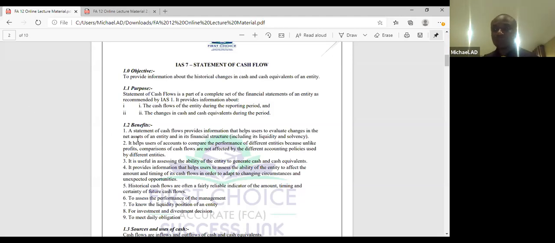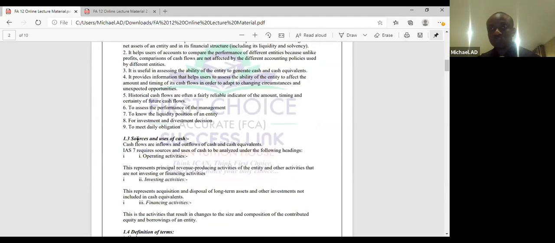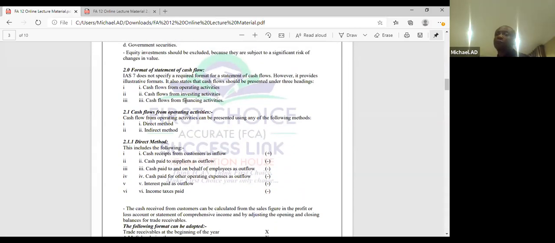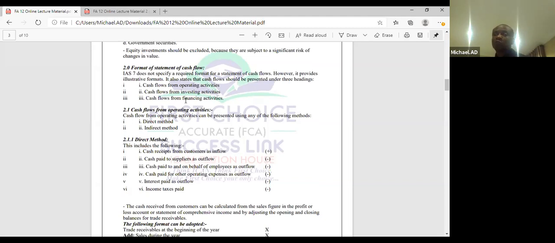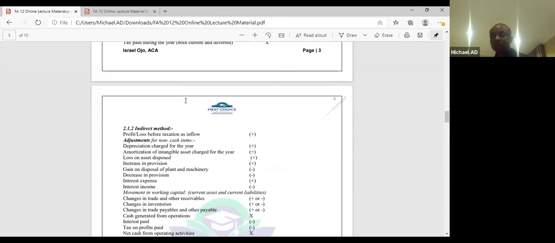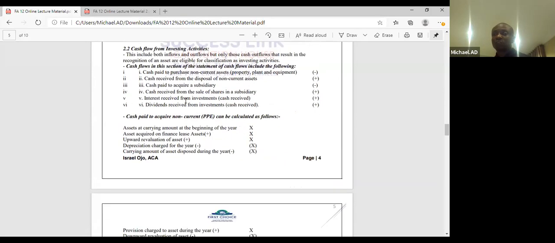Because time is being spent fast, I will just advise us to read up all these activities that, like I said, we have several. We have methods also. We have the direct method and the indirect method. Mostly, it's always examinable that they test the indirect method. So we are going to look at the 2 fast if possible. I will advise you to read the written aspect up, and we understand what makes up the